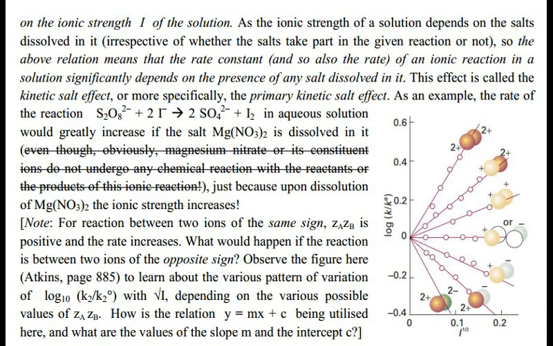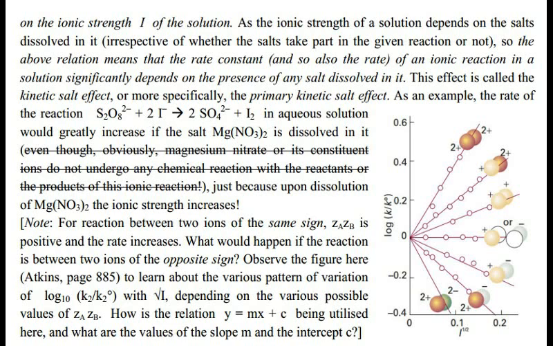As K2 naught is a constant, we just see that for an ionic reaction in solution between two charged species A and B, the observed rate constant significantly depends on the ionic strength I of the solution. The ionic strength of the solution depends on the salts dissolved in it, irrespective of whether the salts take part in the given reaction or not. And the rate constant depends on the ionic strength. So the above relation means the rate constant of an ionic reaction in a solution significantly depends on the presence of any salts dissolved in it. Therefore, this effect is called the kinetic salt effect, or more specifically, this